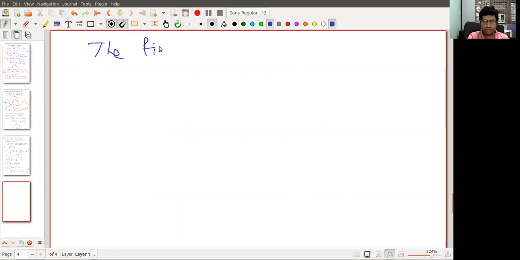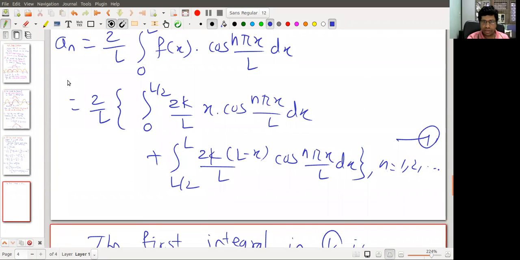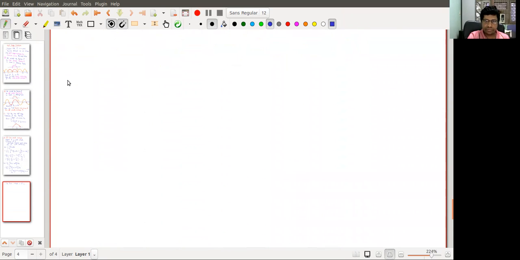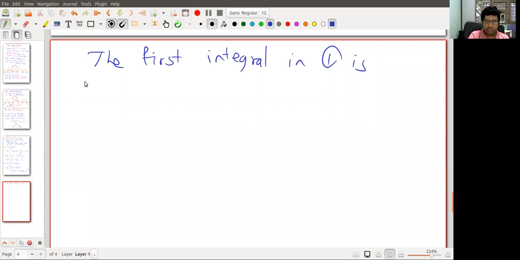The first integral in 1 is, so there is a constant we may take outside, so that 2k by L is outside, so x into cos n pi x by L. So integral 0 to L by 2 of x multiplied by cos n pi x by L